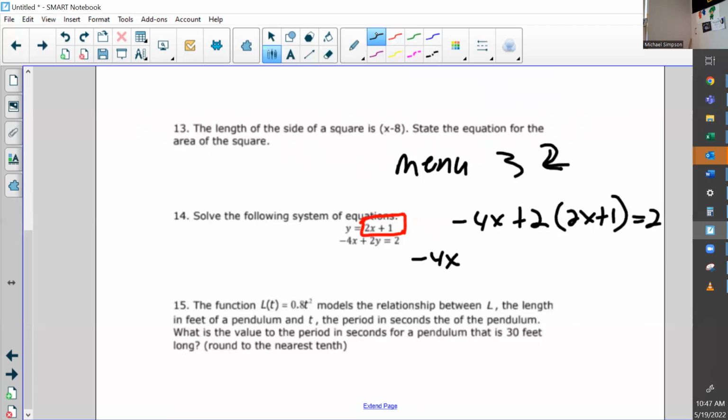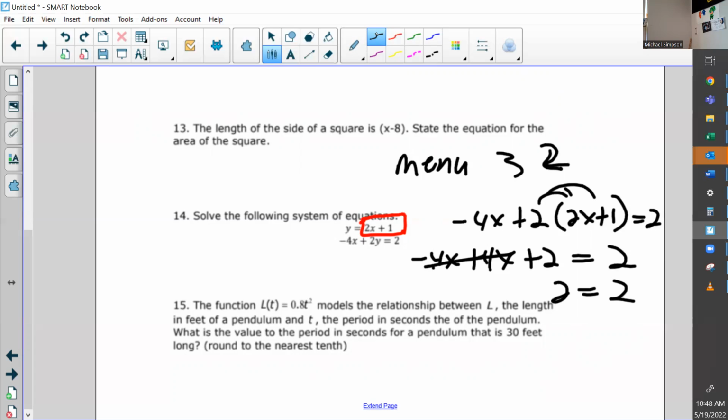Minus 4x, we're going to distribute now, plus 4x plus 2, and that is equal to 2. Negative 4x plus 4x is 0. So what we have here is 2 equals 2. Guys, don't start saying minus 2 on both sides. The left side now equals the right side. So that tells you, from what we did with parallel lines and perpendicular lines,